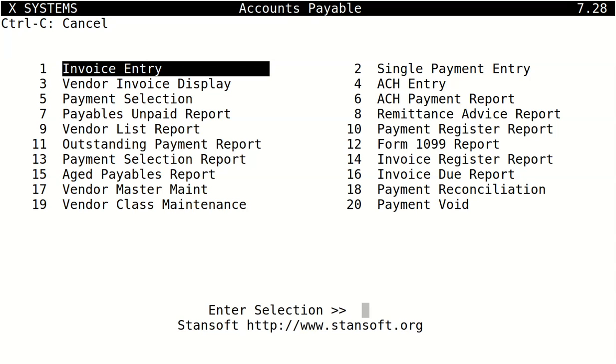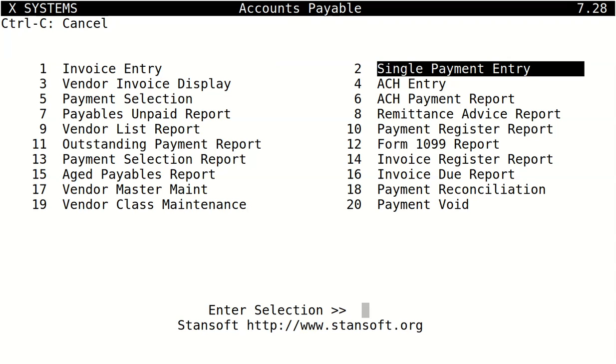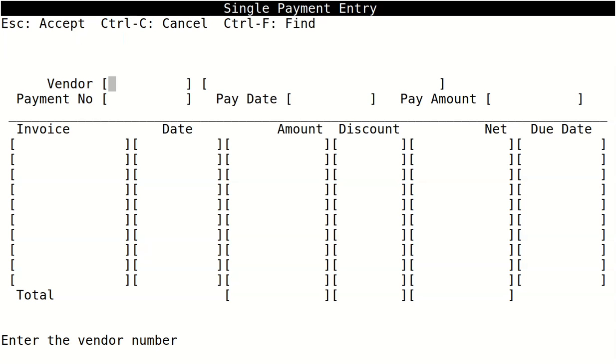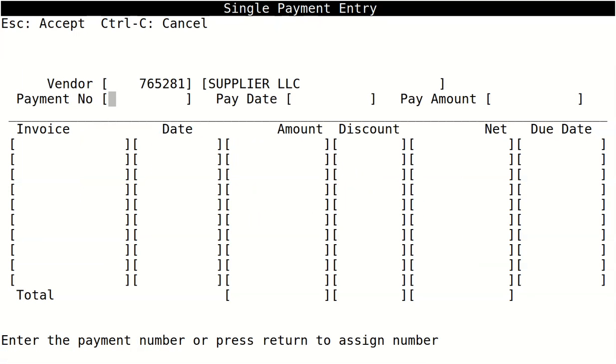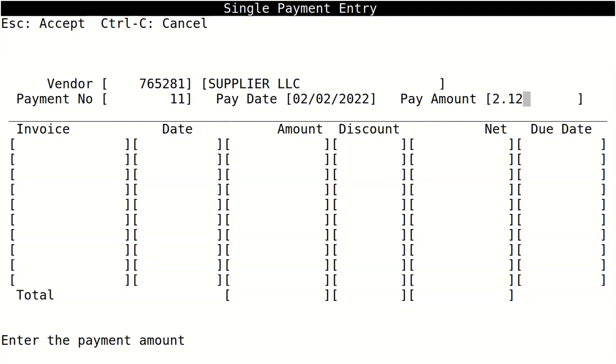Next, we will make a payment to the vendor for the invoice. We will select single payment entry, add, search for the vendor. Payment number is auto assigned, or you can enter your own number. Enter the payment date, the amount we are paying,